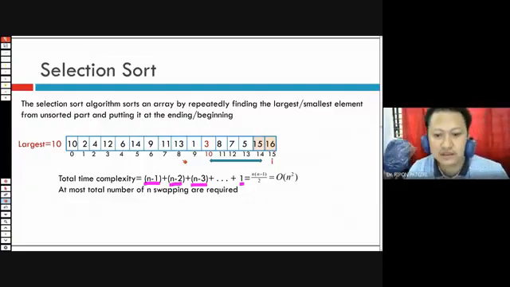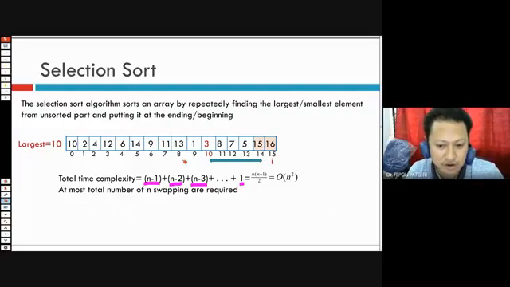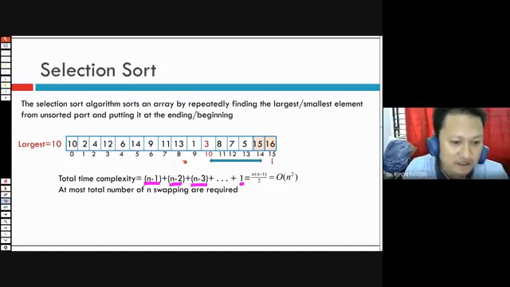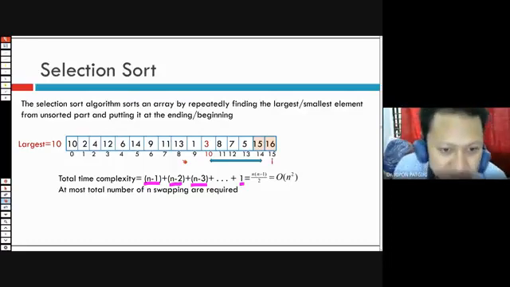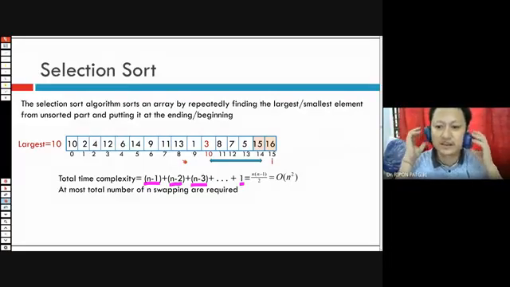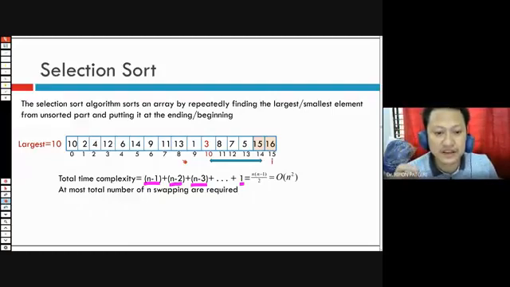No. See, you have to compare two, no? Suppose there is an algorithm for finding the maximum and minimum using pairwise comparison. You will find this technique in the Introduction to Algorithms book by Cormen.